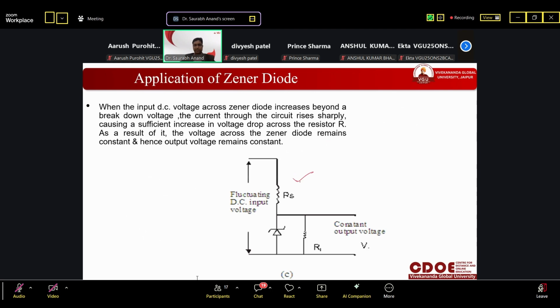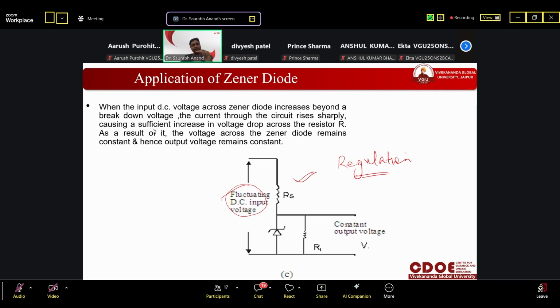This is the circuit diagram that we are using. This is the fluctuating DC. Basically this is regulation. Do you know regulation? We use a regulator at home, the fan regulator. If we fix it at 2, the fan moves at that speed. If we move to 3, it moves with higher speed, but with constant speed. Why is the speed constant? Because we are providing constant voltage.